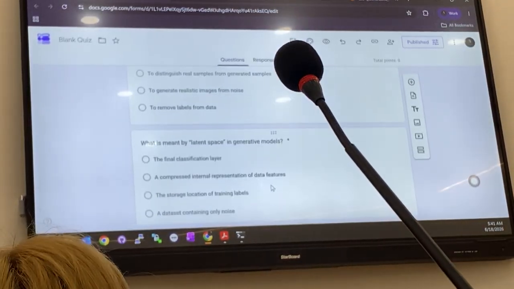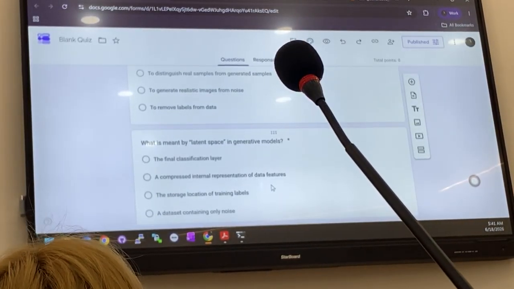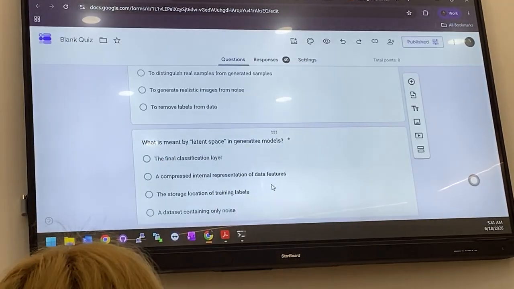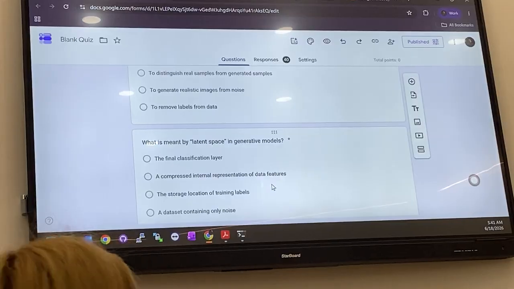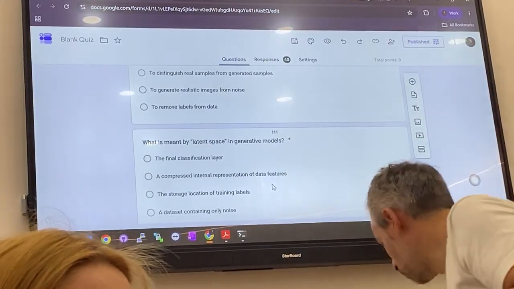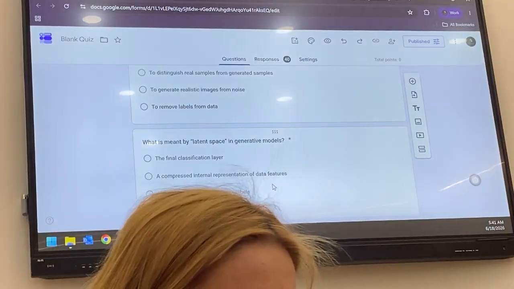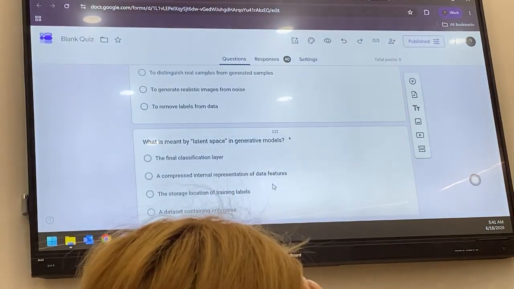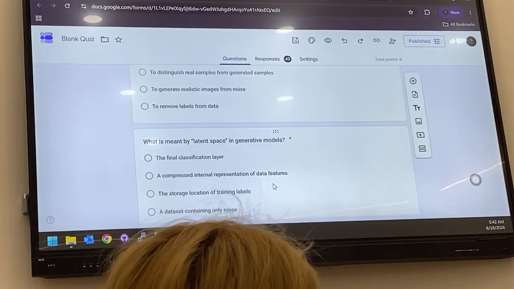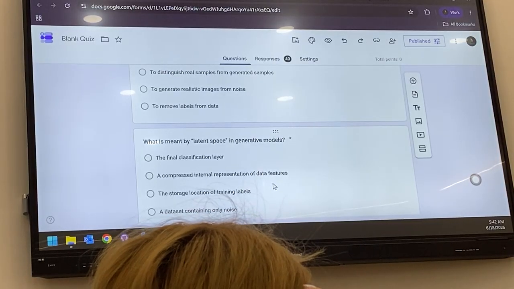What do we mean by latent space in Gen AI models? We saw that a couple of people had it wrong, which makes sense because we never actually went through the formal definition of the latent space, what it means. So remember,